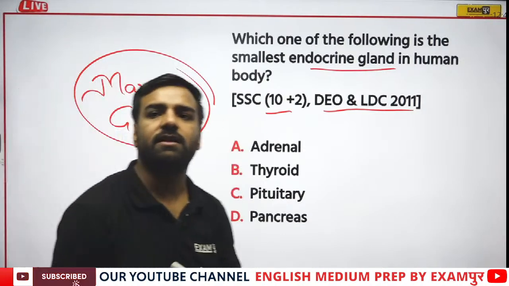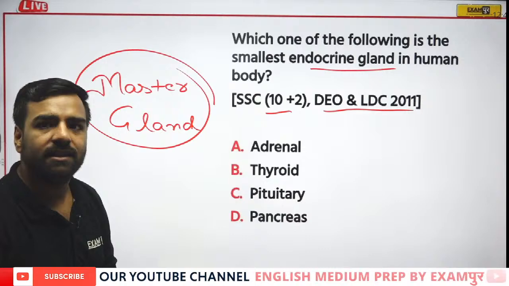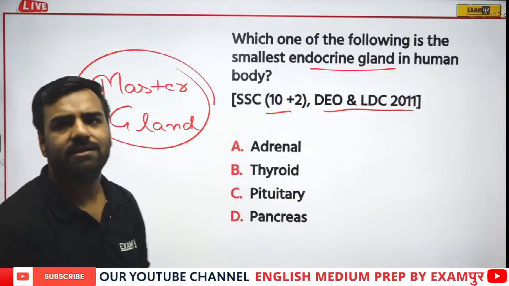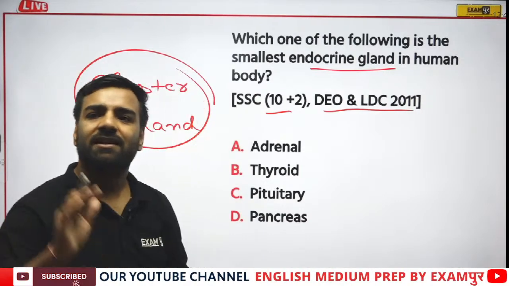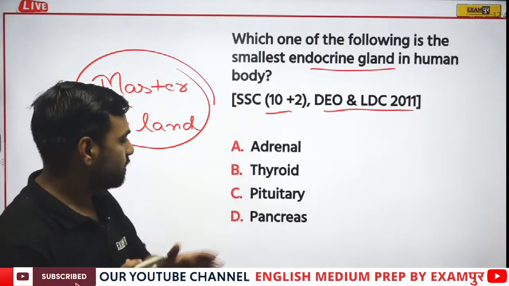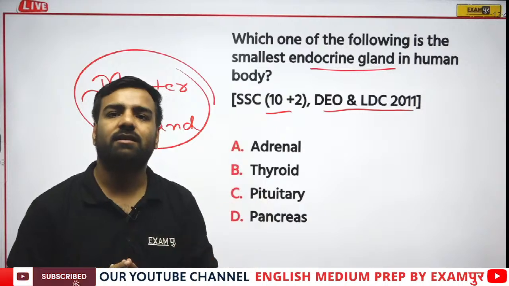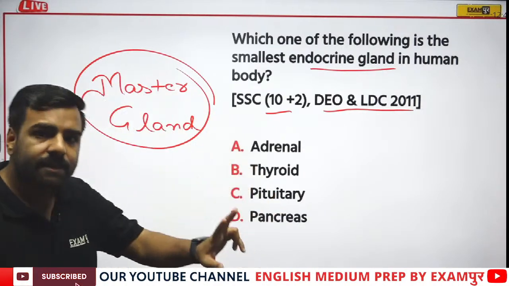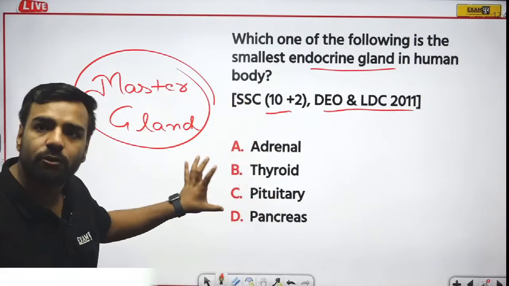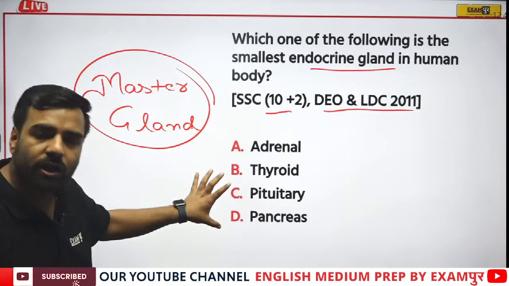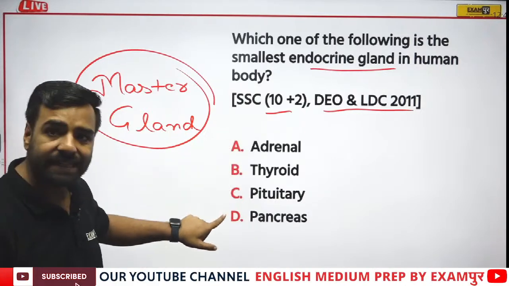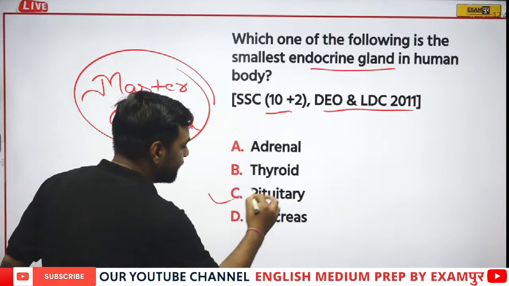Let's see who can give this answer. So Nikita has given answer as C. Now Nikita has changed the answer to B. Why, Nikita, are you changing the answer? Momita is with C. So it would be pituitary. Okay, so it was by mistake, I guess. Please remember, we are talking only about these options. Since we are talking about these options, here we can see that pituitary is the correct answer.